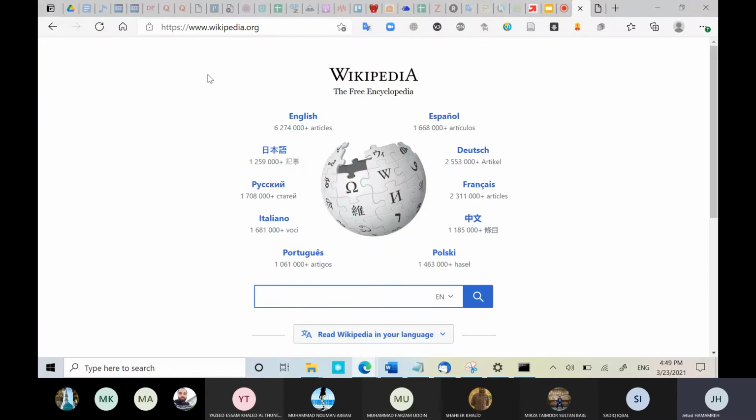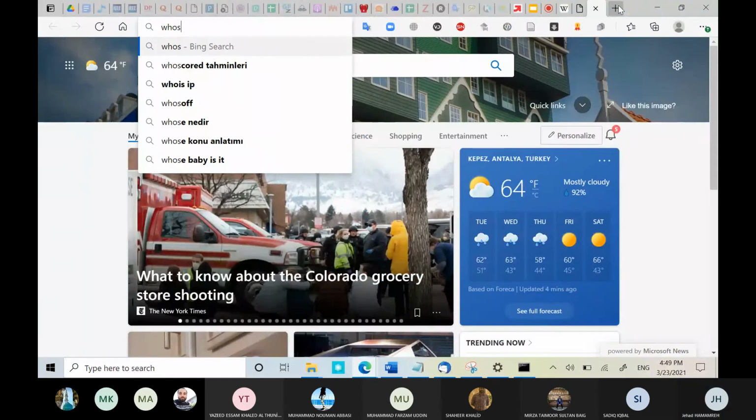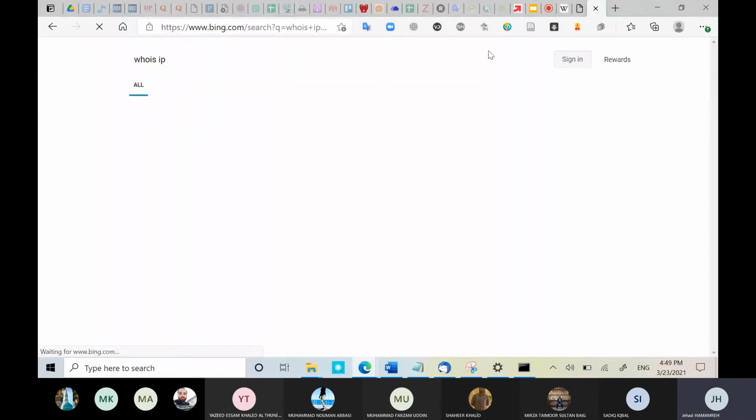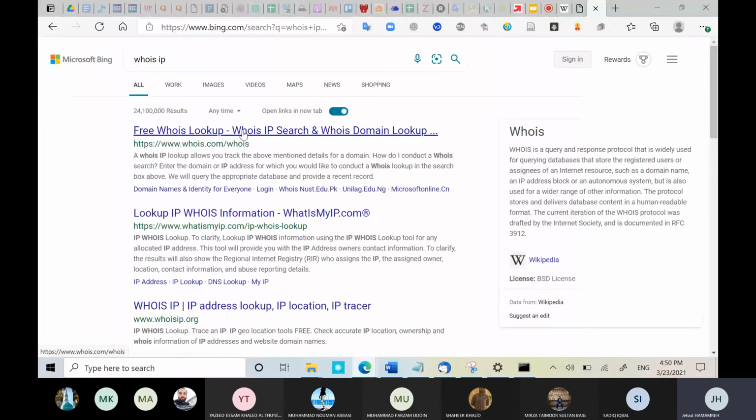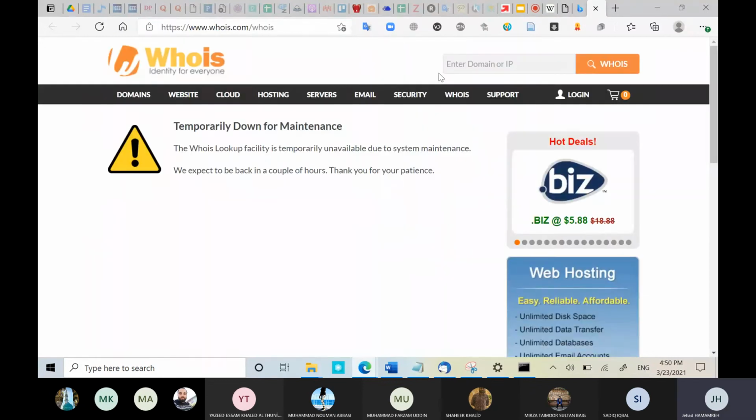Now, when I type wikipedia.org, it's just typing an IP address for Wikipedia. If you want to know the IP address of Wikipedia, just go to this website, whois, and type Wikipedia. You will get